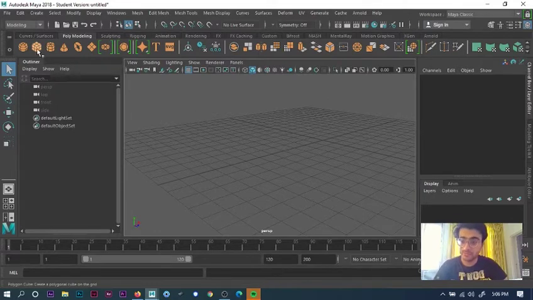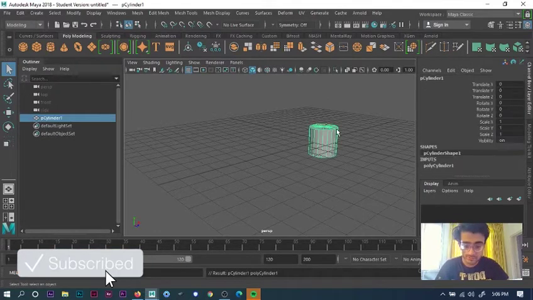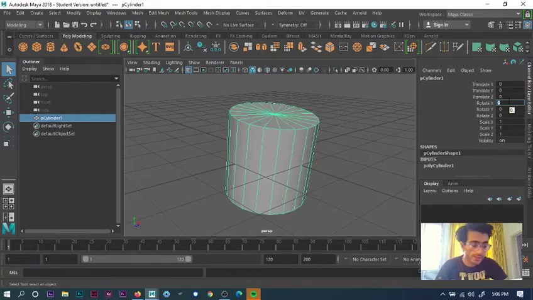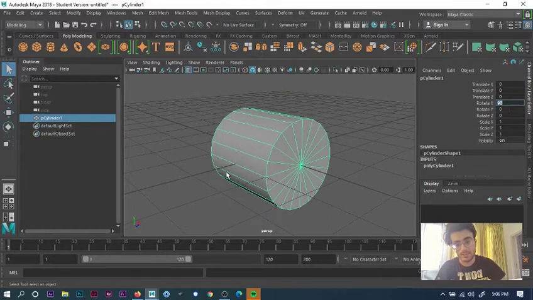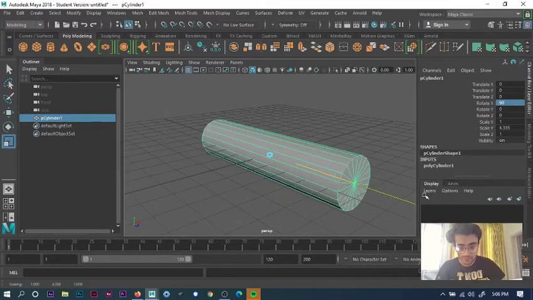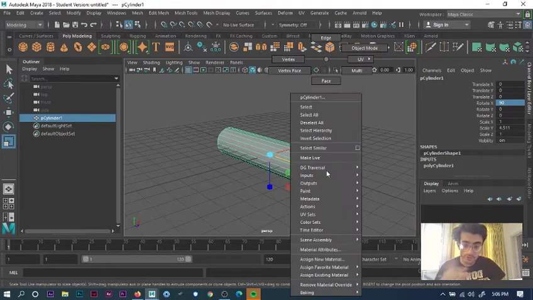So the first thing we're gonna do is create a sphere and rotate it by 90. The zero is now 90, yeah, this is fine. And we're gonna scale it out and do something on one end, and add one edge